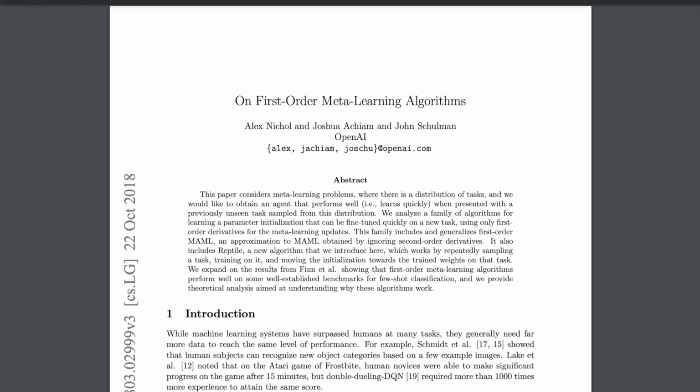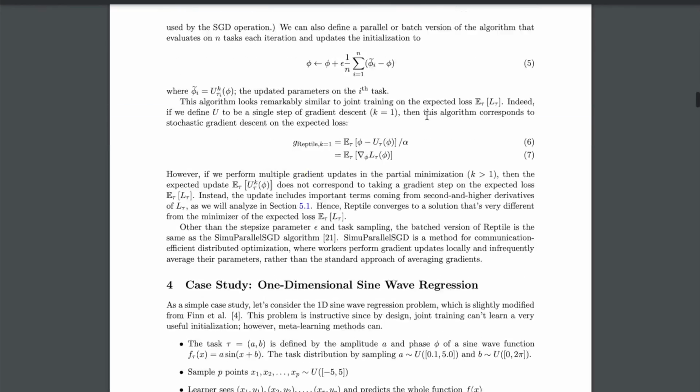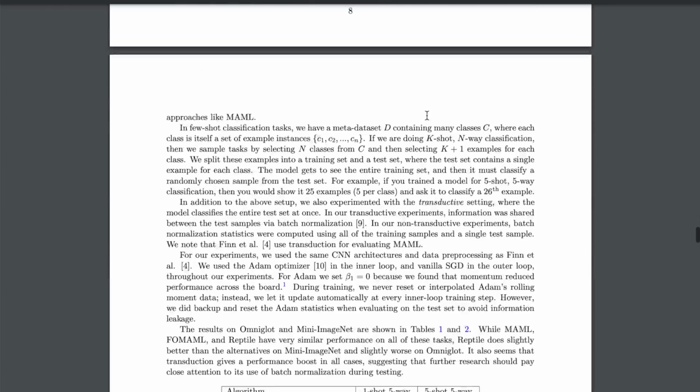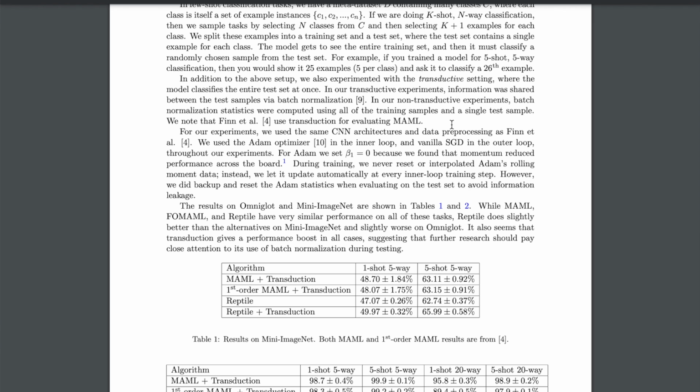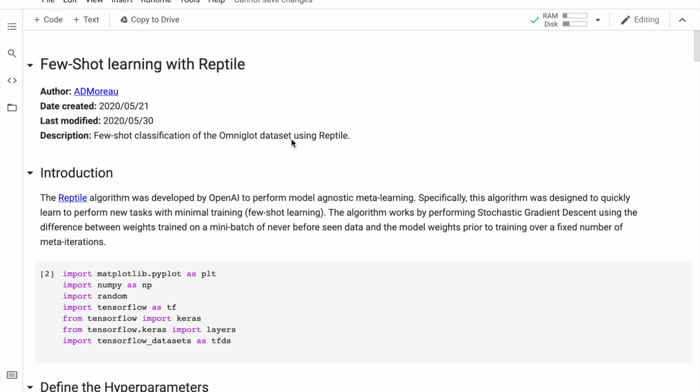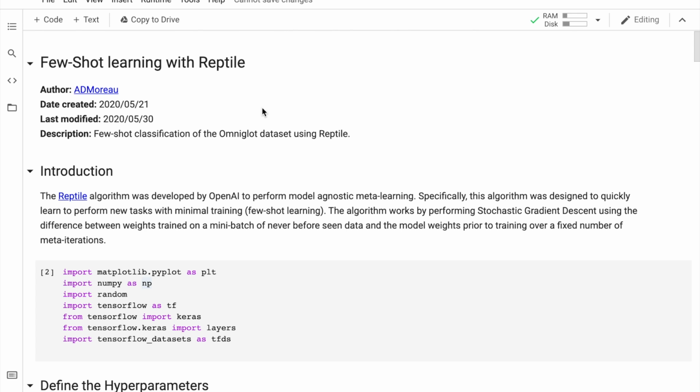So it does seem to work, as I show in the paper, in the Omniglot setting and this kind of image classification setting, but it remains to be seen if it can do things like generative teaching networks and so on. But here's an interesting place to get started, and we'll walk through this example of implementing Reptile on the Omniglot